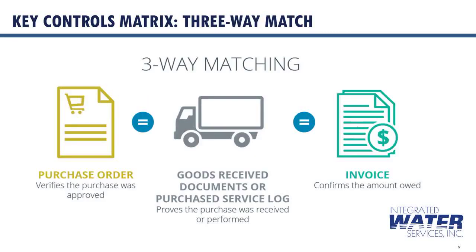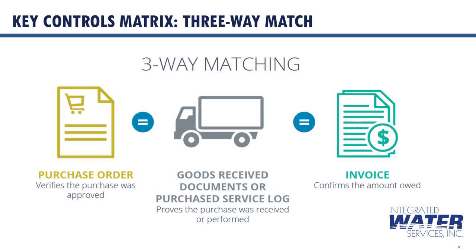Before describing the purchase-to-pay controls, it is worth dedicating some time to discuss a key control in the purchase-to-pay area. The three-way match process in accounting and procurement is a method used to ensure that a payment is legitimate and accurate. This process involves matching three key documents: the purchase order, the receiving report, and the invoice.